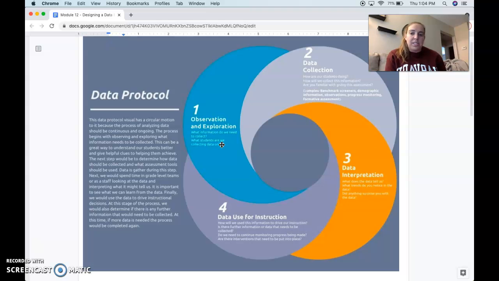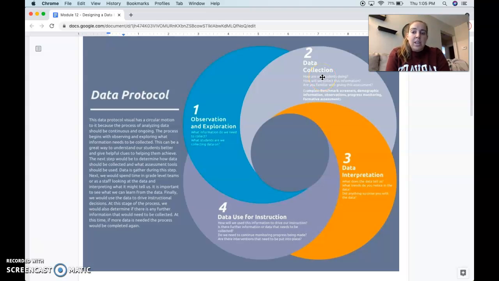what information needs to be collected and what students we are collecting data on. I think this is a really great way to focus on understanding our students better and deciding what they need to help them achieve. So then after we've done that, we move on to the second step, which is the